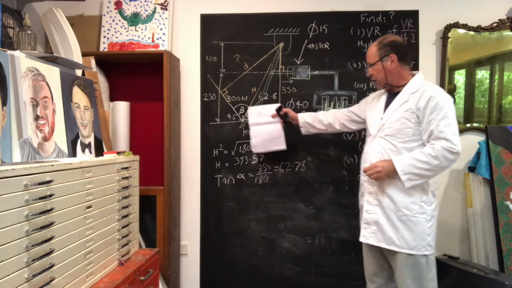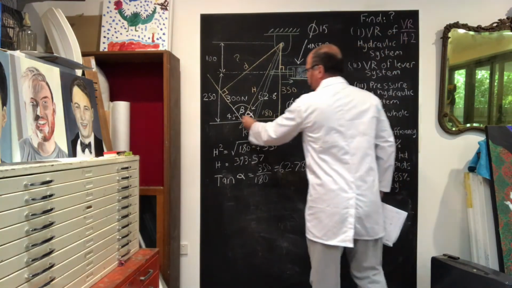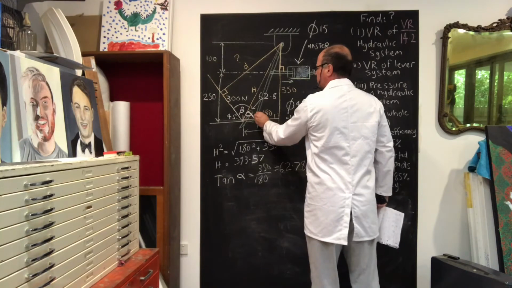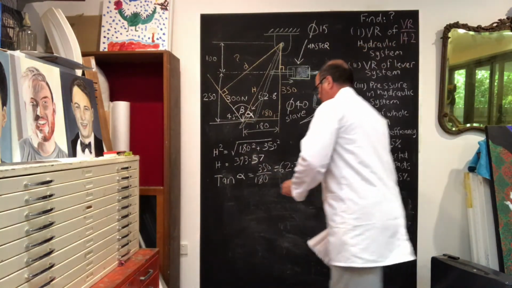And then to calculate beta, all I need to do is say, well, I know that there's 180 degrees in this straight line. I know that's 45, and we now know that's 62.8. So we just have to say, to calculate beta,